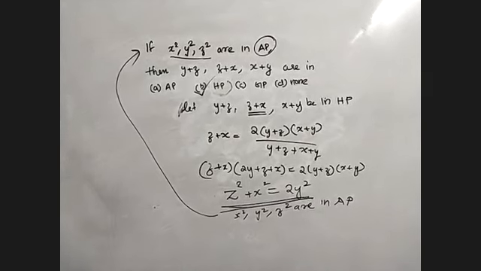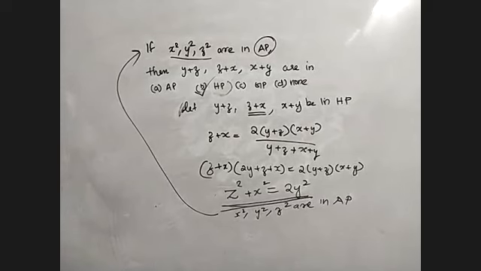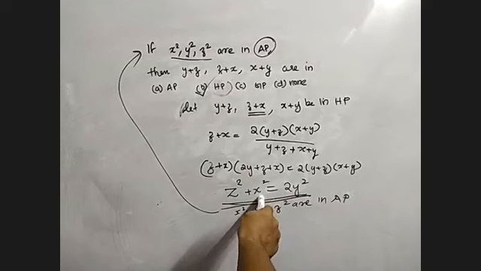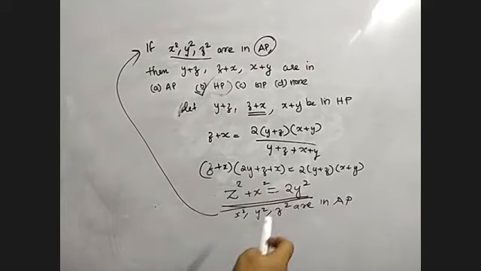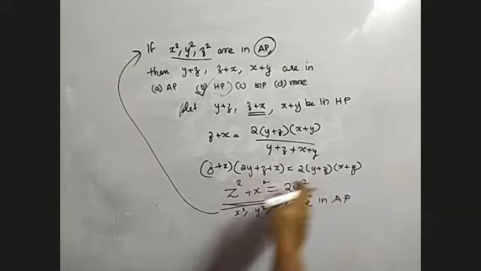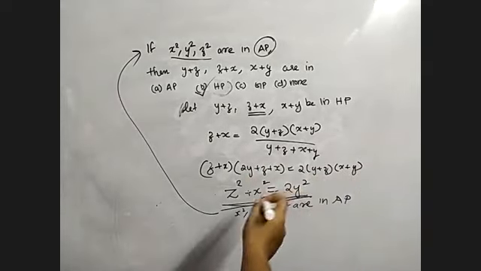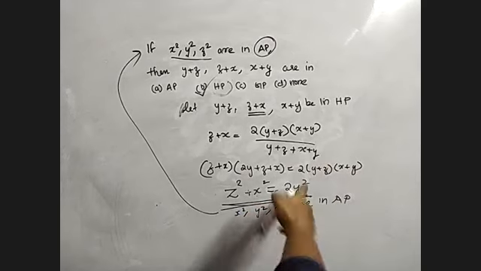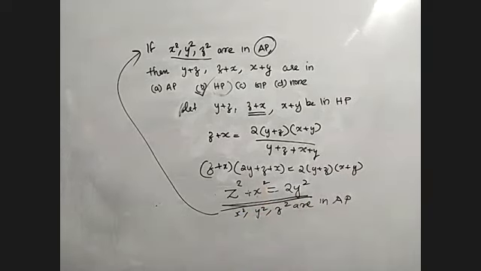Ma'am, I didn't understand the second last step. The second last, not that step. This one or no? Not that, not that. Just open the brackets. The rest of the terms all cancel out. We'll have only Z square plus X square, and on this side we'll have 2y square. I'm just opening the bracket.